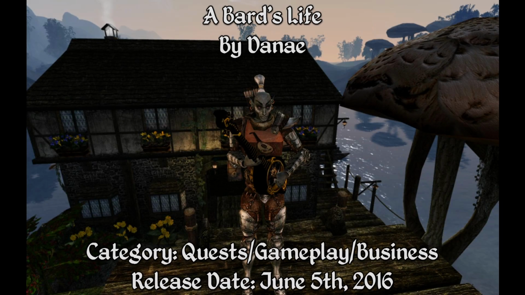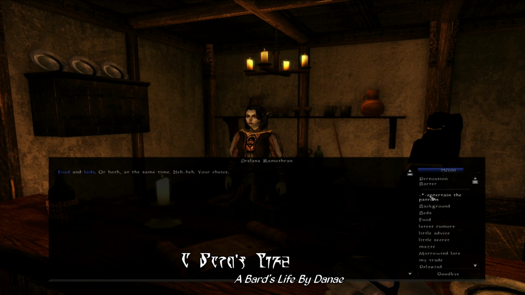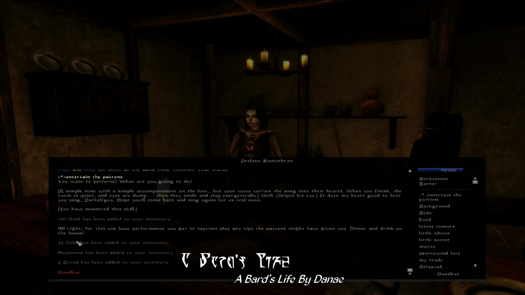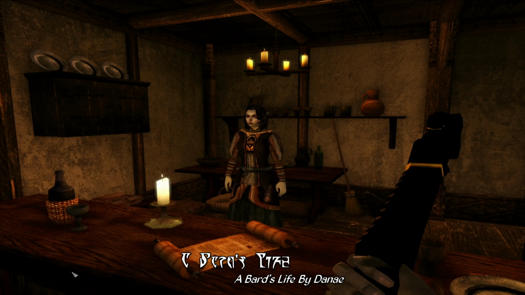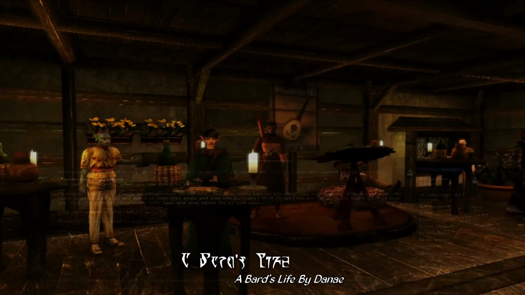And A Bard's Life was a quest, business, and gameplay mod released by Dwemer on June 5th of 2016. This is a really massive and pretty amazing mod that adds just a crazy amount of stuff to do, but it must be mentioned that this is actually the second version of A Bard's Life. The first version was a sort of alpha version that Dwemer released years ago, but she's finally finished this really impressive project for 2016, hence why we're covering it in this list, and this is actually another repeat author on